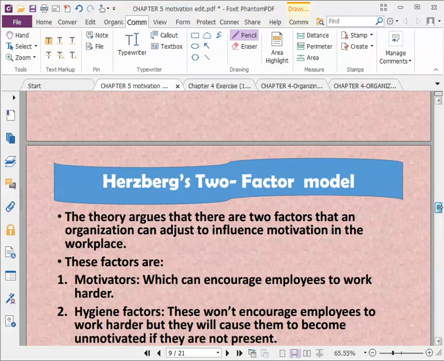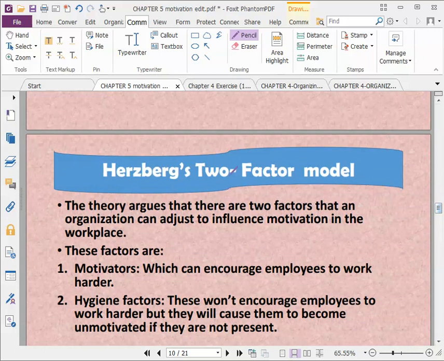Okay, so next, if you understand what the Maslow hierarchy means, let's move to another subtopic, that is Herzberg two-factor model. What is Herzberg two-factor model? What are the two factors? The first one is motivators, the second is hygiene factors. Herzberg is the name of the person who found this factor model. The theory argues that there are two factors that an organization can adjust to influence motivation in the